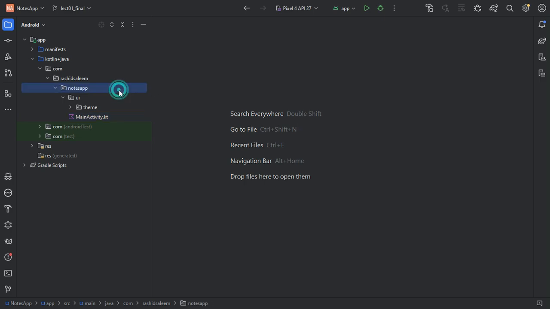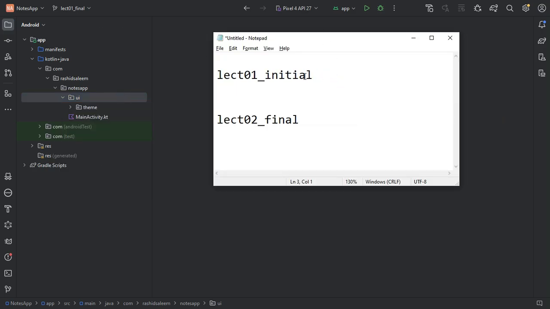Before that we will see the current project structure, and this is the initial project. This project code is available on GitHub. The link is provided in the video description, and you may see multiple branches. For lecture 1, the initial code you can find under the 01_initial branch. If you are trying to do things along with the lecture, then you can switch to this branch and follow the steps which we are doing here. After the completion of the lecture, if you are facing any issues in the implementation, then you can check the lecture 2 final branch, which contains the final working code of this lecture. So let's move into the